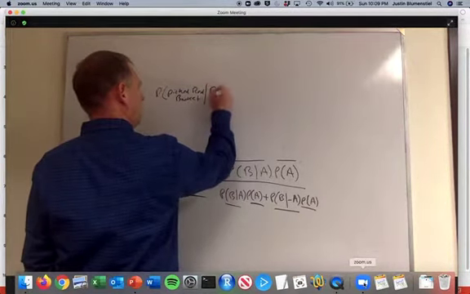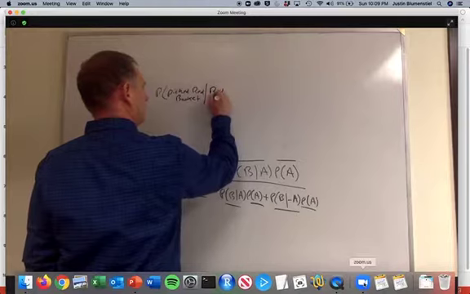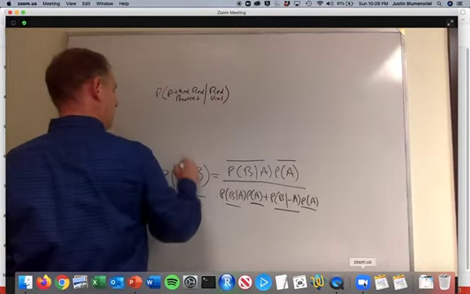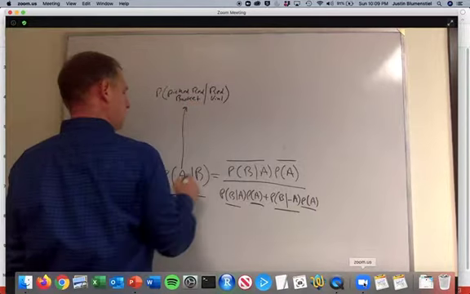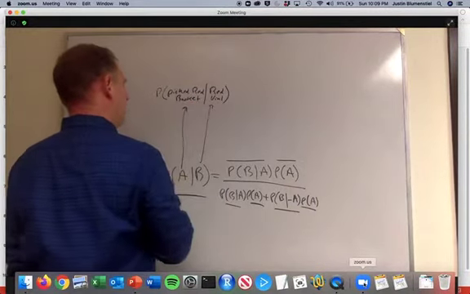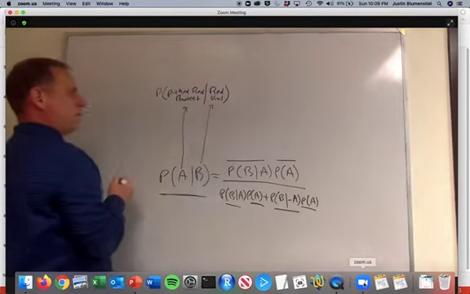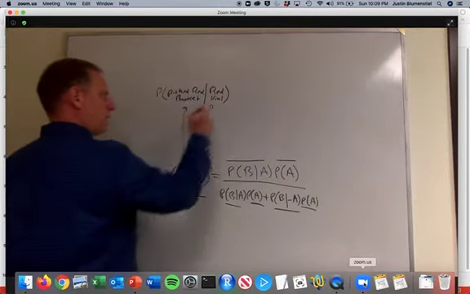So I'm just going to call that red vial. So this is going to be basically A here, and this is going to be B. The probability that I picked from the red bucket, given that I picked a red vial, is going to be equal to